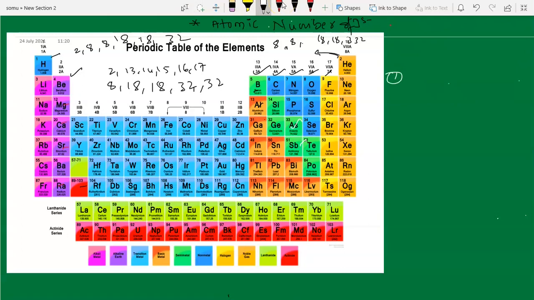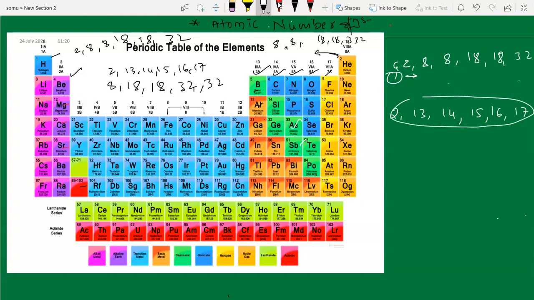Yes, first group. So the first group code will be 2, 8, 8, 18, 18, 32. Okay, for the second group, 13th group, 14th group, 15th group, 16th group and 17th group, for all these groups the code will be 8, 8, 18, 18,